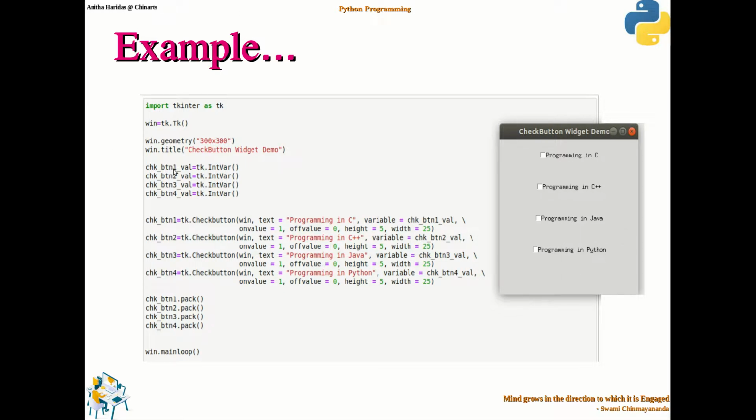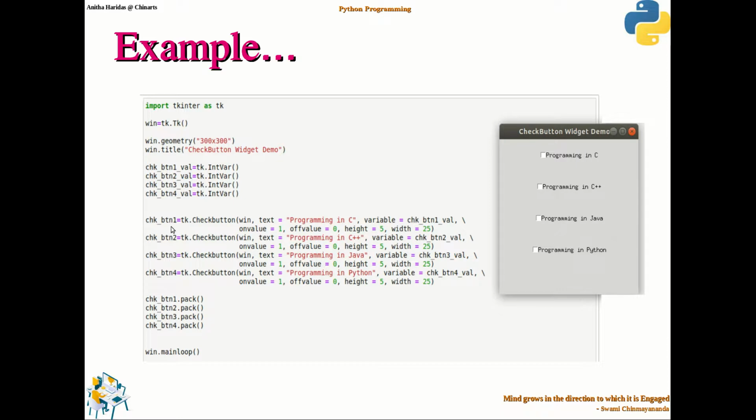So you can see here I have created 4 integer variables, and these 4 variables are associated with 4 different checkboxes. The first variable is called check button 1 value, second one check button 2 value, third one check button 3 value, check button 4 value.